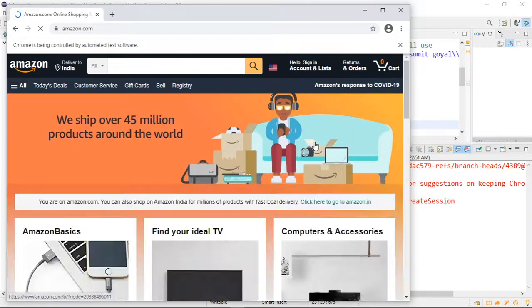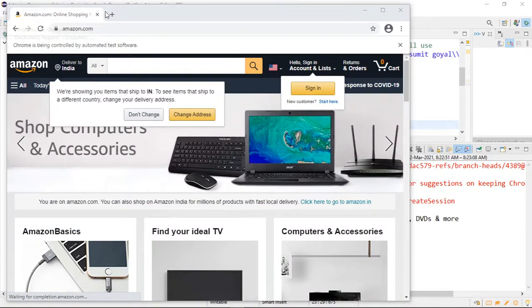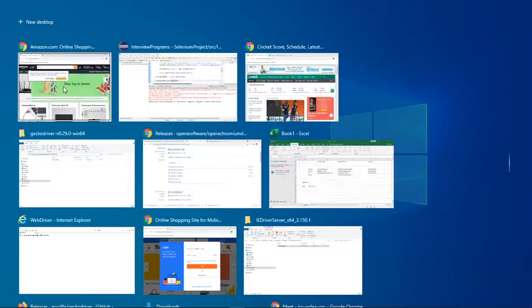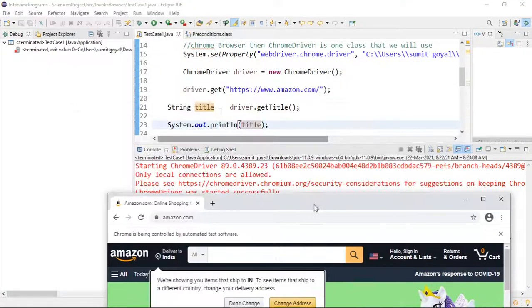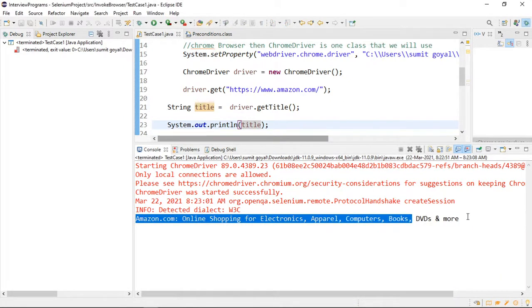After that, if I print it, let us see what output we are going to get. It will open the Amazon website, and after that it should get this title. So we are opening Amazon. You can see what the title is here. It is printed. You can see the same title, Amazon.com, and after that online shopping for electronics. I think it is not taking the full title because you can see some dots placed, which means it is not able to show the full title. But this is how your full title will look. So this way you can print the title of any URL.